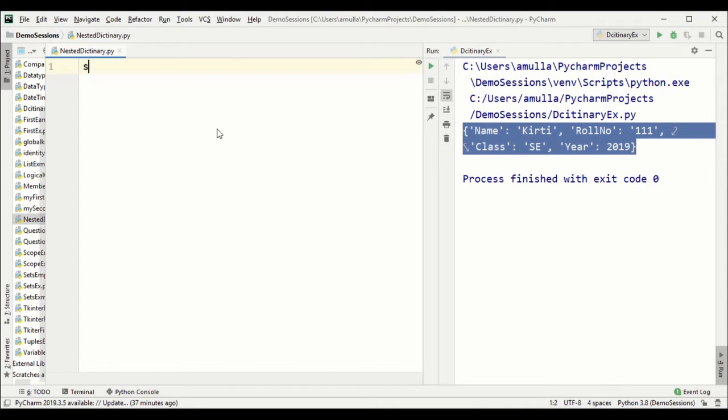Okay, so for example, I'll be taking a variable for storing student information, which is equal to, I'll be writing like this, and then my first dictionary's key element, and then I have to pass the values, right? And then I'll be taking the values in the form of a dictionary again, and then I'll be defining it as a string, say name, I'll be passing, say for example, Amol. Then we'll be taking, say, roll number,